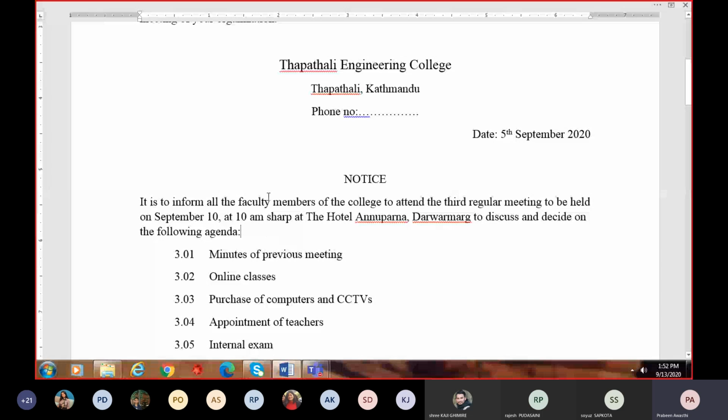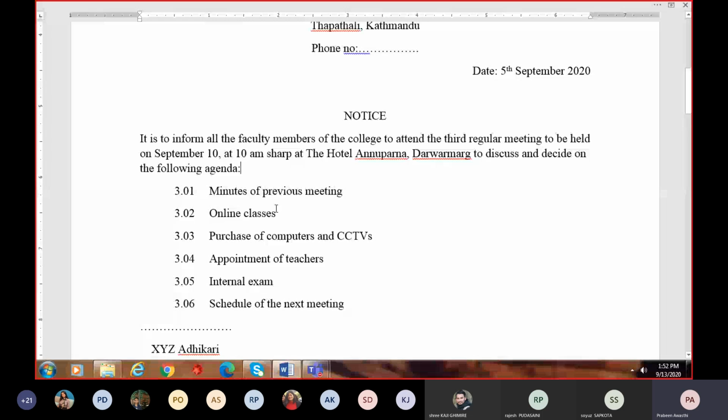Okay. Now to discuss and decide on the following agenda, you should invent the agenda here, right? It can be challenging for some of the students. So inventing agenda means the topics of discussion. So the first topic of discussion will be,